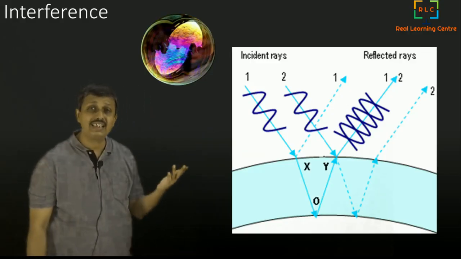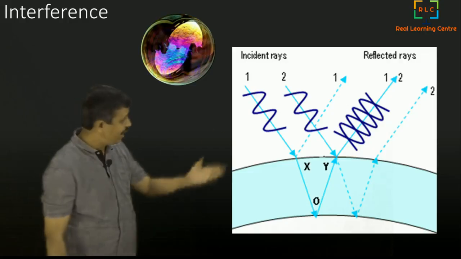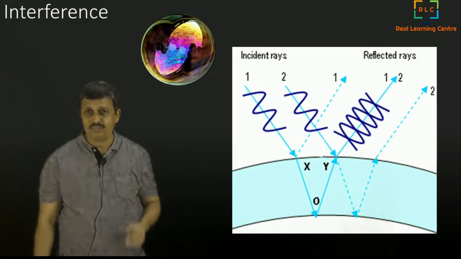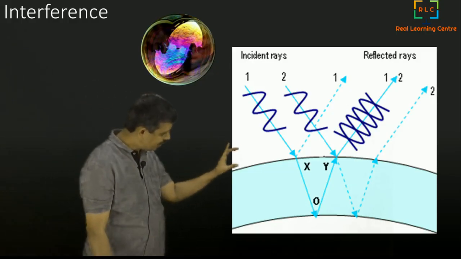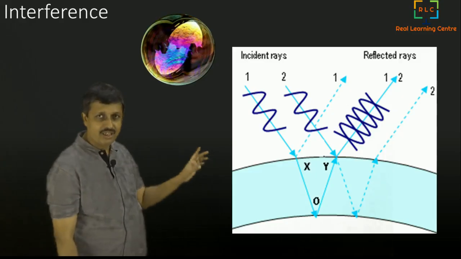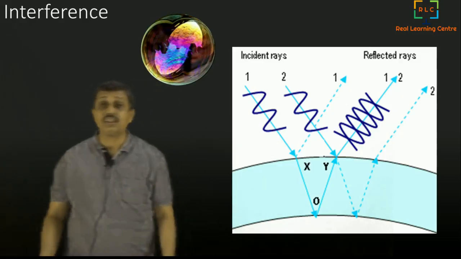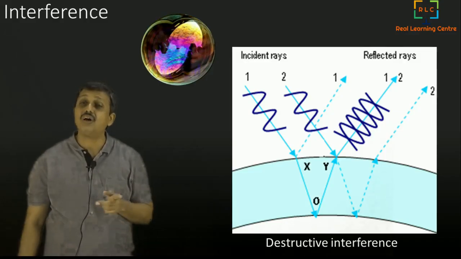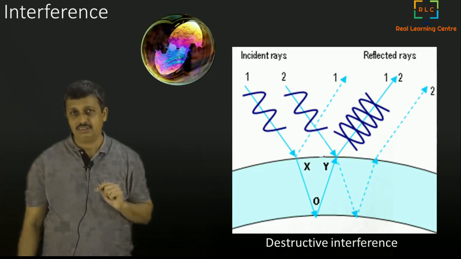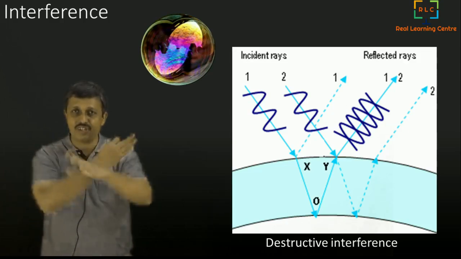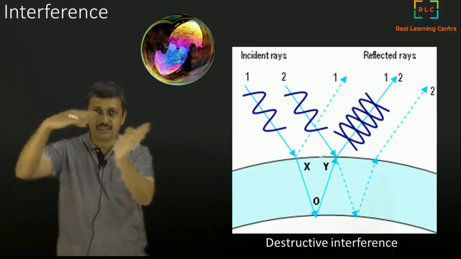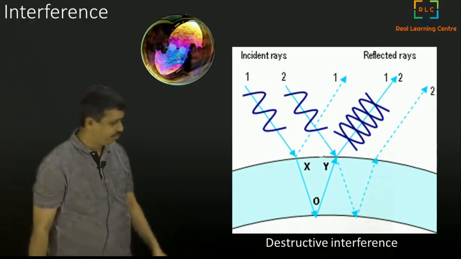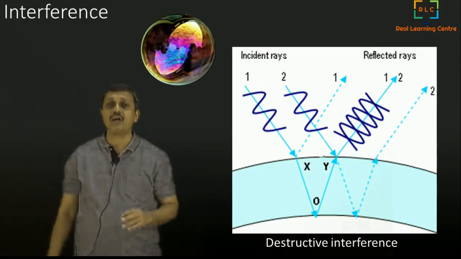So what you see outside is the addition of these two. When you add these two, actually you will get 0. That means the color for which the thickness is such that it takes an integral number of waves, in such a way that what comes out is in opposite phase with each other. When such a thing happens, we call it destructive interference. That means they interfere with each other in the opposite phase. If you go like this, it is constructive. If you go like this, it is destructive. Okay, that's destructive interference. When that happens, that particular color you can't see.